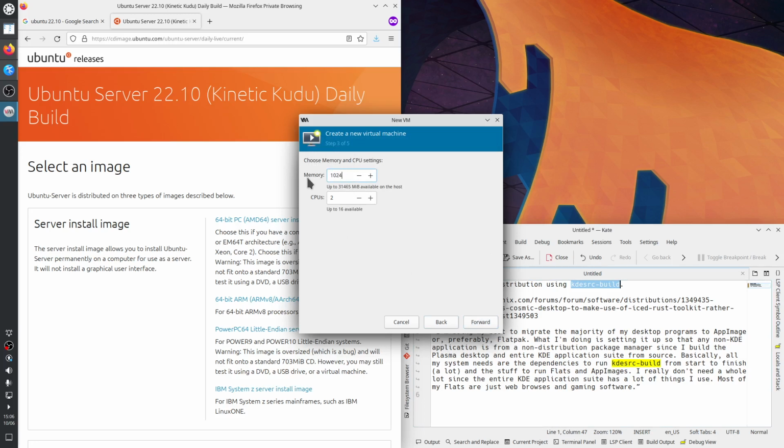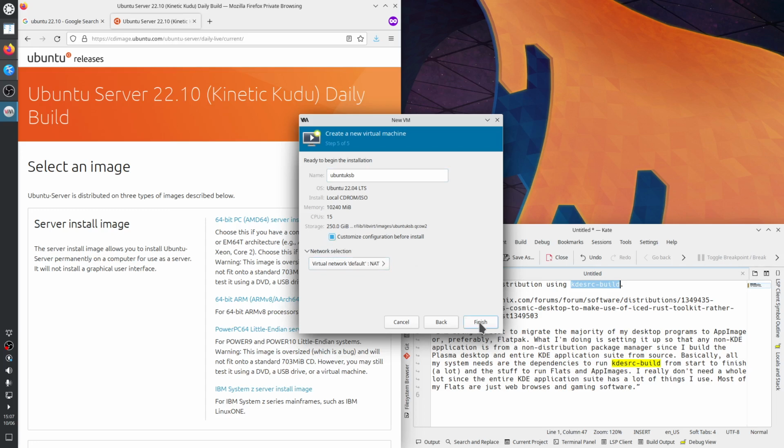This is 1 gigabyte and 10 gigabytes of RAM, 15 CPU cores, at least 250 gigabytes. That's Ubuntu kdesrc build,